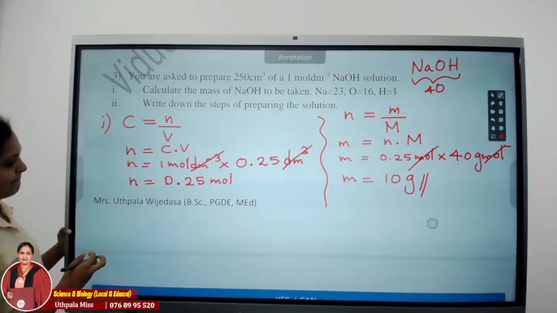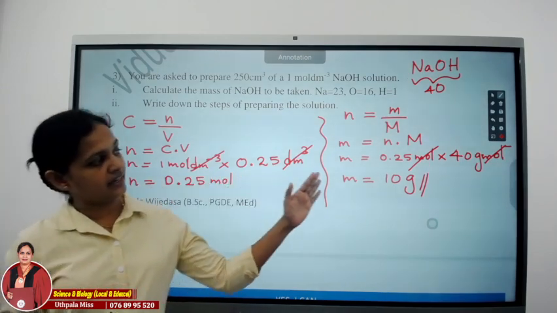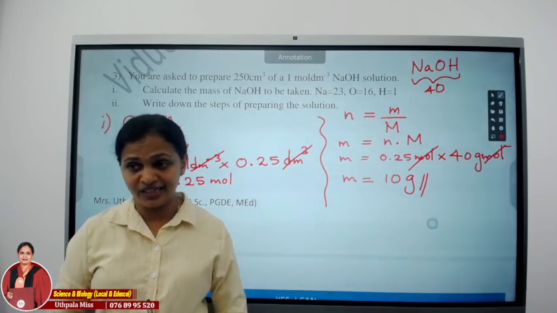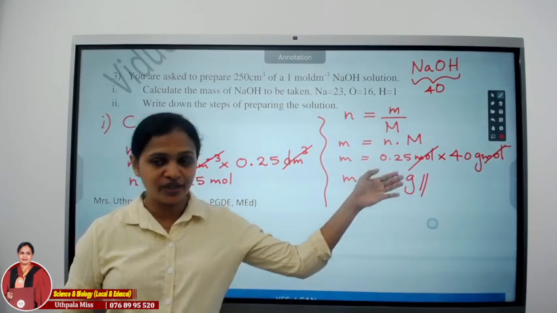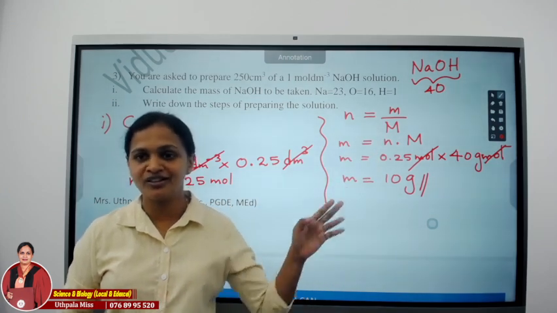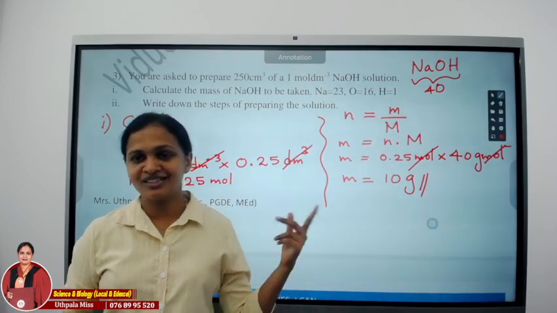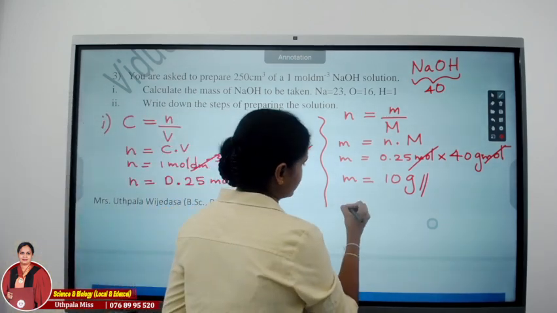So first of all, you have to measure 10 grams of sodium hydroxide accurately. Measuring the mass accurately is very important. If it is 10.1 grams, the concentration will be totally changed. If it is 10.01 grams, the concentration can be changed. Therefore, you have to measure